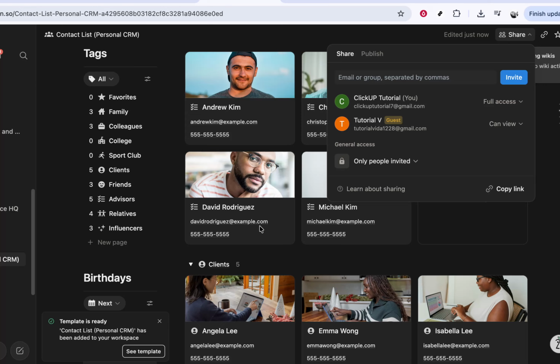This sends an invitation to the email address you entered. The person you invited will receive an email notification from Notion with a link to your template. When they click